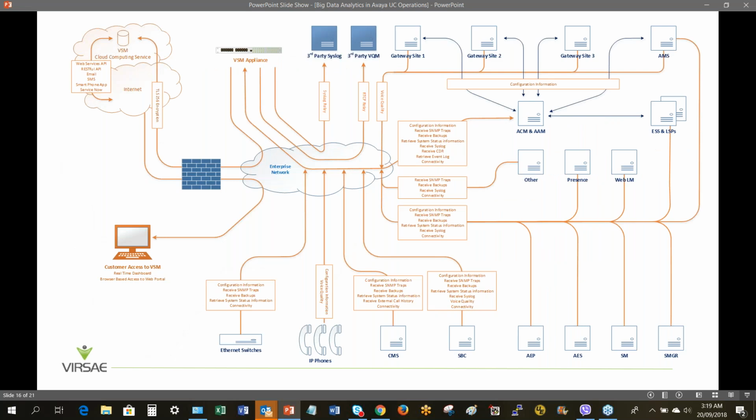Now this diagram here relates to a typical Avaya environment. It looks pretty busy. The key point is all of the Avaya red endpoints in particular. We're compatible with all of those, and we're pulling a huge amount of information out of all of those platforms across the enterprise network. And the important bit there is up on the top left, where we process all this information securely inside Microsoft Azure.